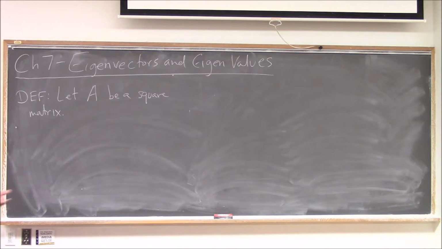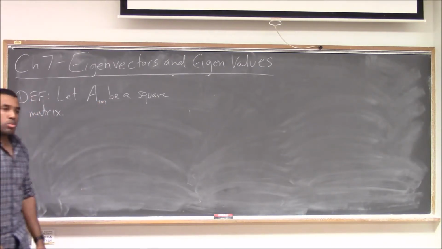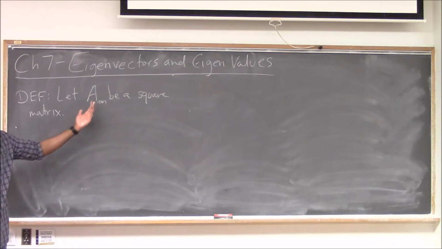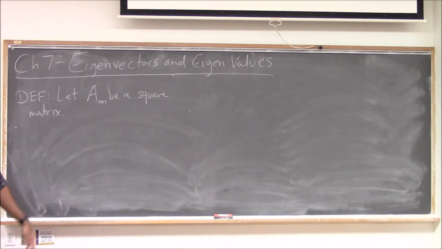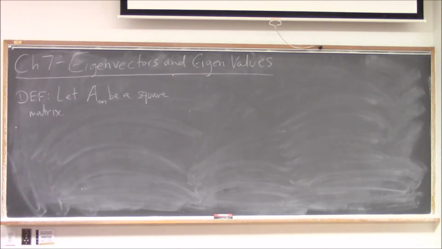By the way, you can think of this as mapping, it could be n by n. You can think of this as some sort of transformation that takes n-dimensional vectors and outputs n-dimensional vectors. Right? So it's going to be a square, so you're doing something in the plane or in 3-space or in 4-space, and you're maintaining the dimensions you're working with. Right? So let it be a square matrix, then